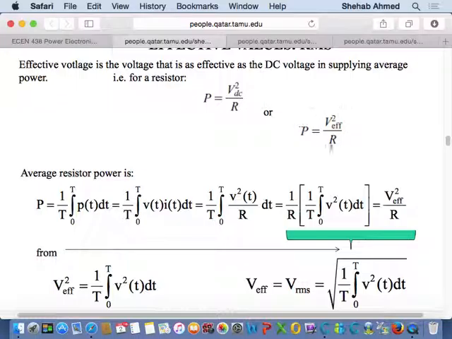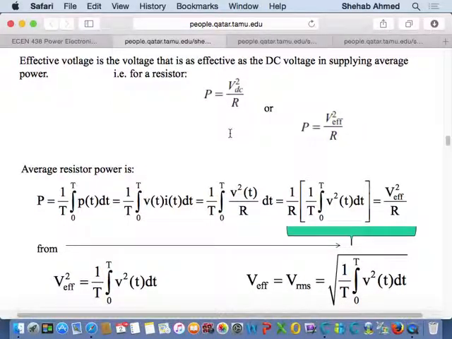So if we're able to come up with this equation, then this V effective is going to be the definition of RMS. So just bear with me, it's a definition. They go through the calculation of average power through a resistor. This is the integration of the instantaneous power, which is the voltage multiplied by the current, or the voltage squared instantaneously divided by the resistor, and then they take the resistance out, and they end up